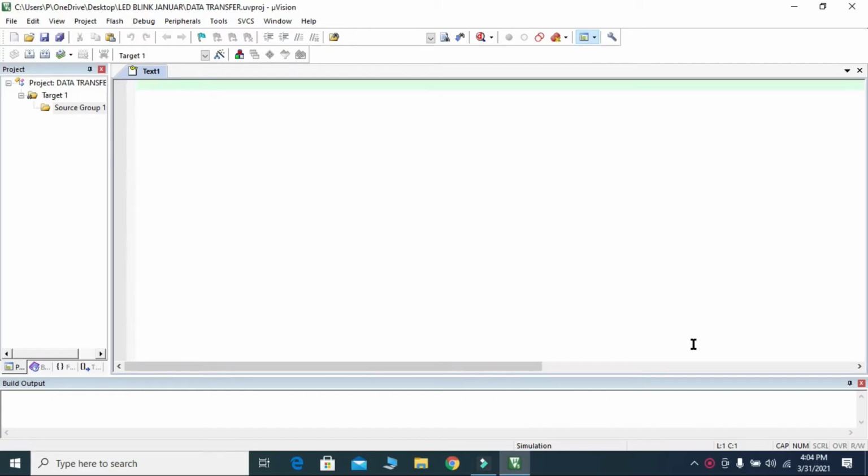Today we are doing assembly language programming in Keil software for data transfer.